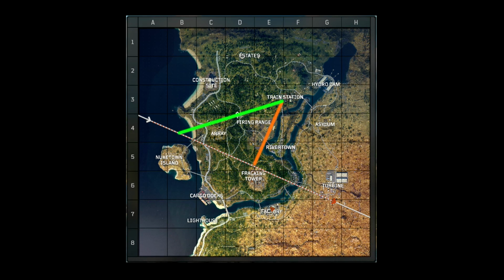green line. Once we go ahead and jump out of the plane, we can head directly down in order to pick up our speed. Once our speed gets to a certain level, then we can kind of even out and soar into our destination. The last thing I want to point out before we hop back into the gameplay is